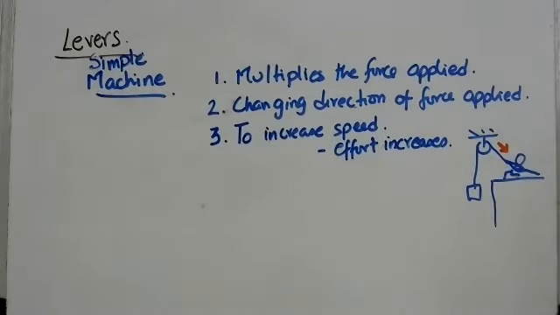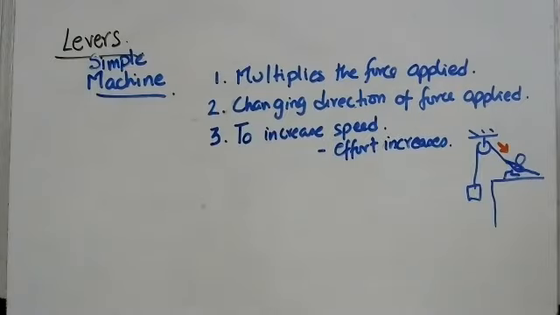So what do we mean by a simple machine? In the textbook there is a definition that seems a bit of a mouthful to say, so let us try to understand it in a simpler form. I've listed down what a simple machine can do for us. A simple machine should be able to give us a larger output force by using a smaller input force. So basically it has to multiply the force that is applied. That can be one advantage.